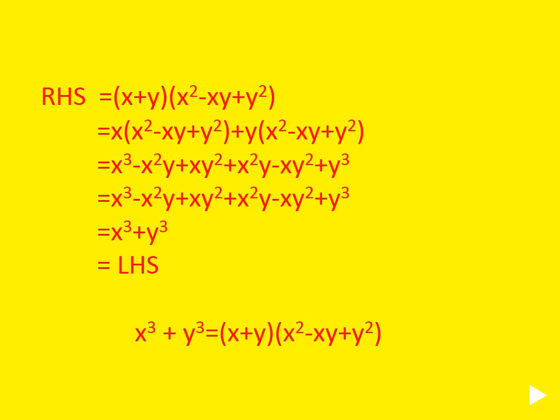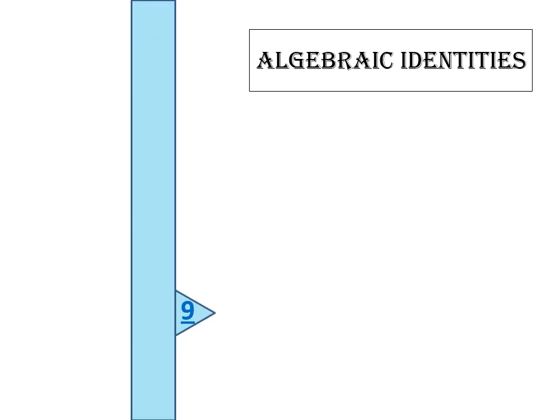So what is the answer now? x cube plus y cube equal to (x plus y) into (x square minus xy plus y square). See that, this is plus cubical terms only, x cube plus y cube. So minus is coming in the middle of the second bracket, x square minus xy plus y square. How to remember this formula, I will explain later. We completed the 8th identity. Now we have to go for the next identity, that is the 9th one.